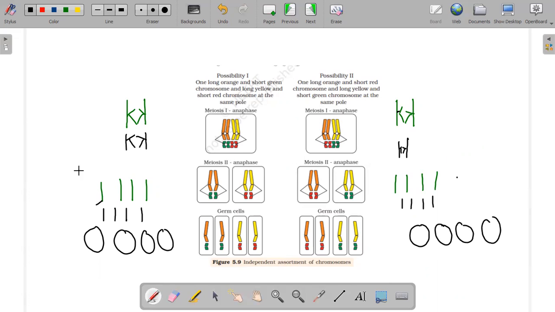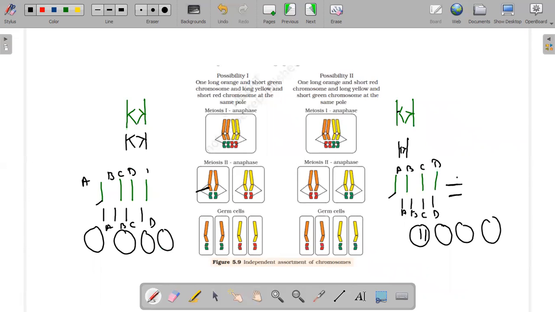Okay, this one is A B C D, and A B C D, and here I mark A B C D, and here I mark A B C D. Okay, so any A can go with C, B can go with D. Okay, you have to choose one from this one and one from this one. Okay, pair, and they can randomly go with anyone. So the same thing is explained by our author.